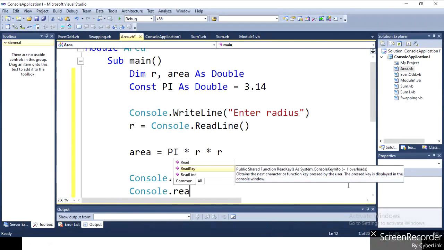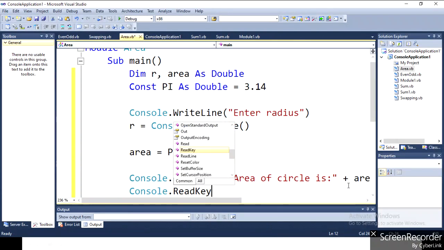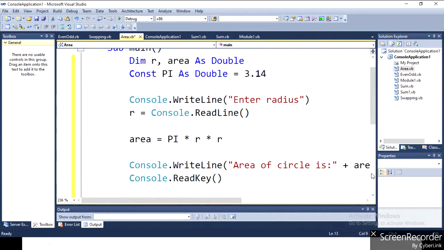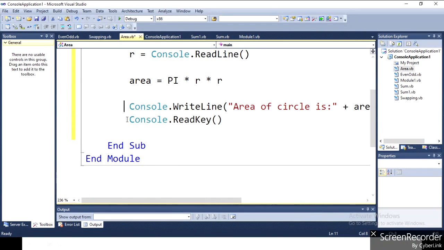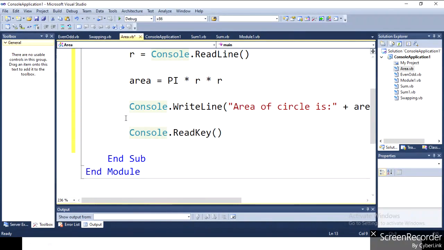ReadKey. Okay, my practical is completed. Again, first of all, variable and constant variable declaration, then input, means I read the value of r, then process, area = pi r square, then output statement, means Console.WriteLine, and last Console.ReadKey.